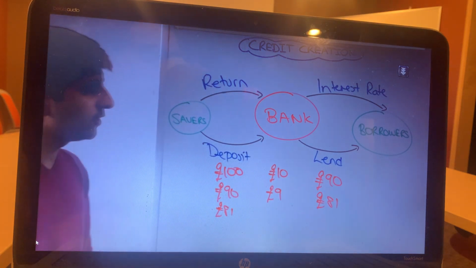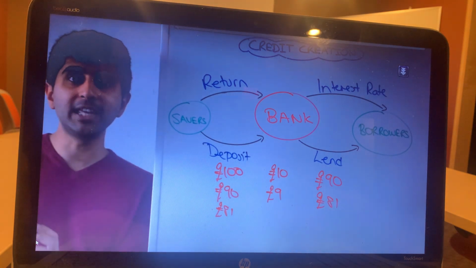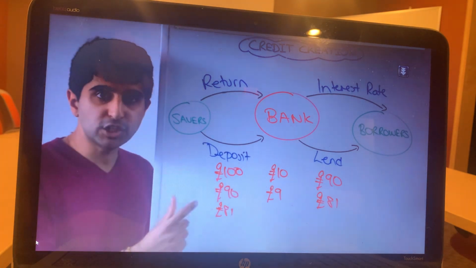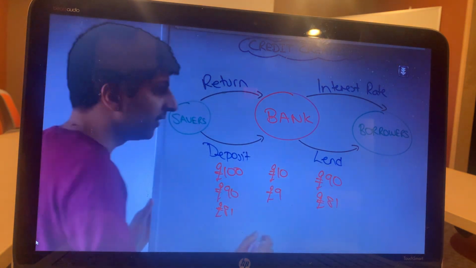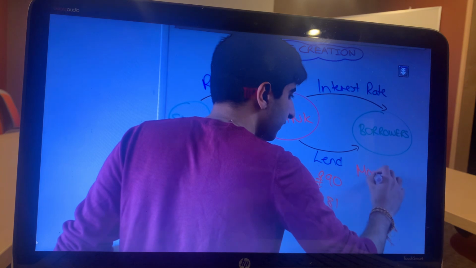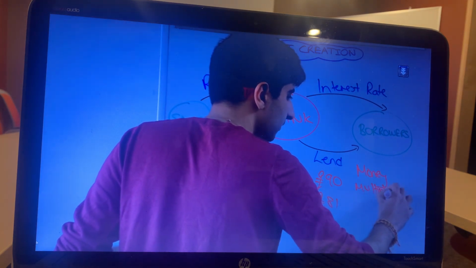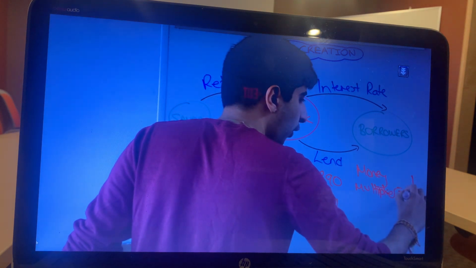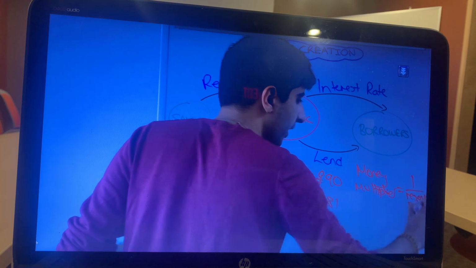This process continues. What we can actually work out is how much extra money can be created from an initial deposit using an equation called the money multiplier. And the money multiplier equation is this. The money multiplier